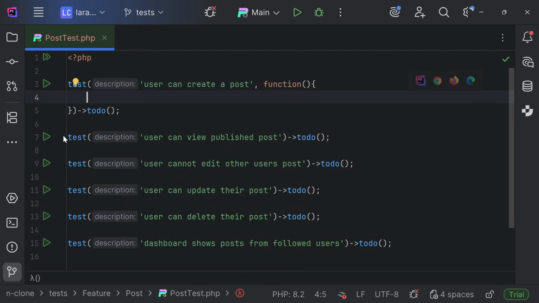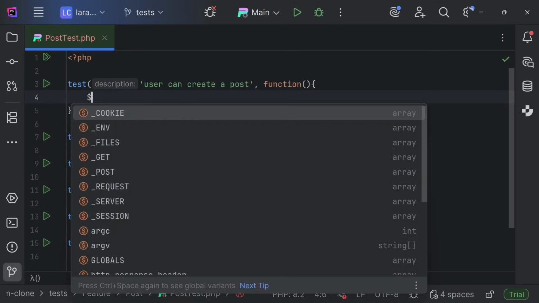Okay, so we have to create the user, and then we have to try to create a new post using that user. And we have to attach the information such as image, title, content, and a few other things inside that form. Okay, so I'm not going to do this as a browser test. I'm going to do this as a typical submission test, like it would work in Pest 3 as well. So we're going to start with this